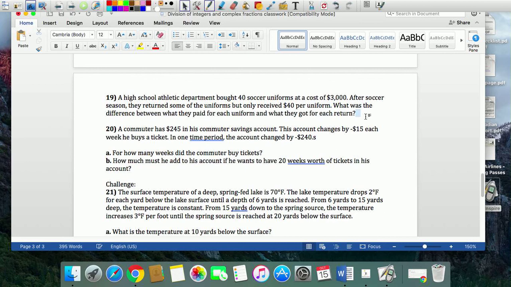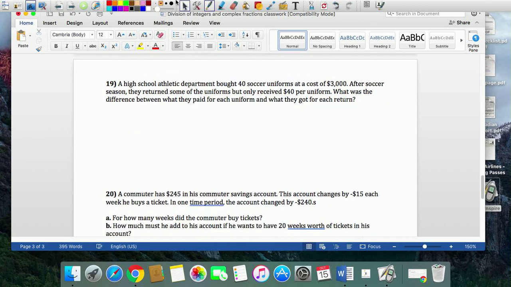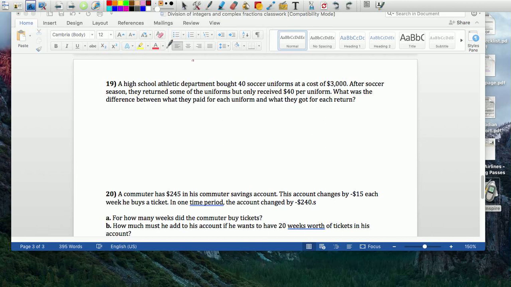19. This one is going to require a little work. So, bought 40 uniforms, and the total cost was $3,000. After soccer season, they returned some of the uniforms, but only received $40 per uniform. What was the difference? Okay, so